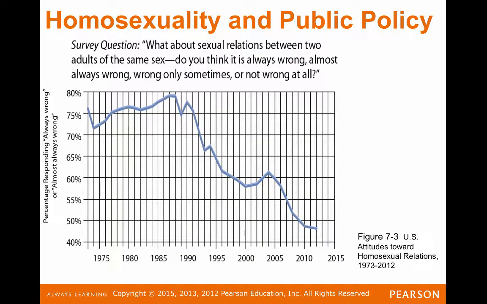So, this understanding of what if, do we socially accept people based on their sexual orientation? You can see on this chart, obviously attitudes have changed dramatically, but at the same time, you still have about 40% listed here in like 2013. So that's a problem. But, this again study, what about sexual relations between two adults of the same sex? Do you think it's always wrong, almost always wrong, only sometimes, or not wrong at all, right? And for those that said it was always wrong or almost always wrong, that percentage rate,